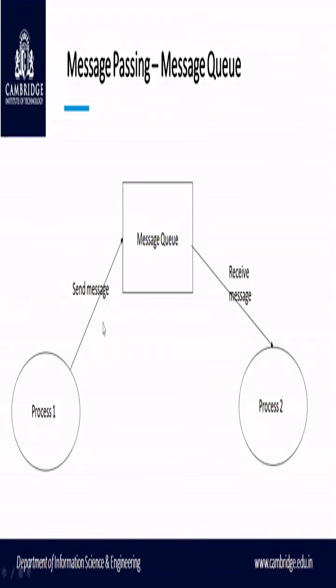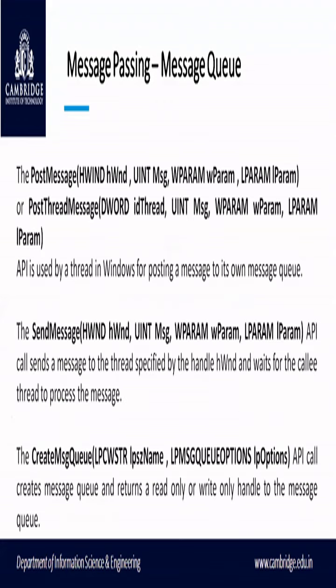So process 1 creates a send message method. Through that send message method, it places that message in the first in, first out queue, the message queue. That message sits here temporarily for some duration, and after that, process 2 is going to receive that message using the receive method. So you are going to write the methods for sending as well as receiving the messages. This is an example of how message passing will happen using the message queue, and the concept they have used is first in, first out.